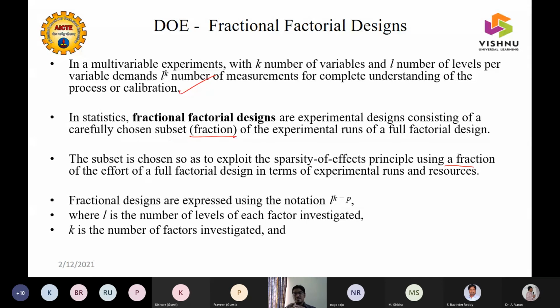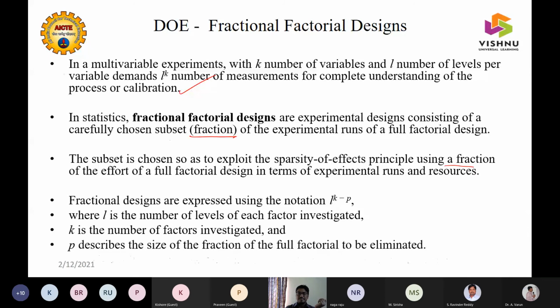So if you want to find out just which factors are significant, like in the machining area I told you about, there are only 3 significant factors, speed, feed, and depth of cut, and that was much easier for me. But if you go with chemical, pharmaceutical, and some other areas, the number of factors affecting is large, so through fractional factorial you can screen them. So that way we can use it.